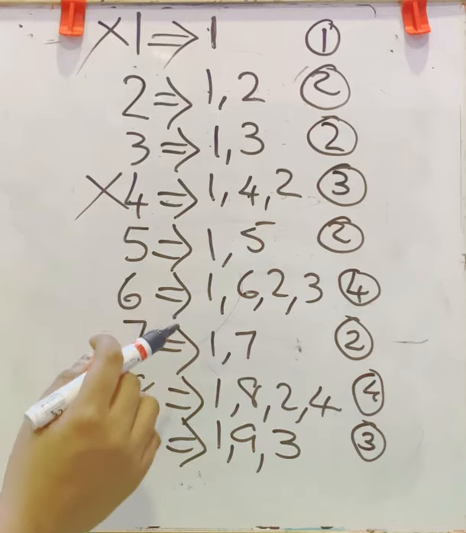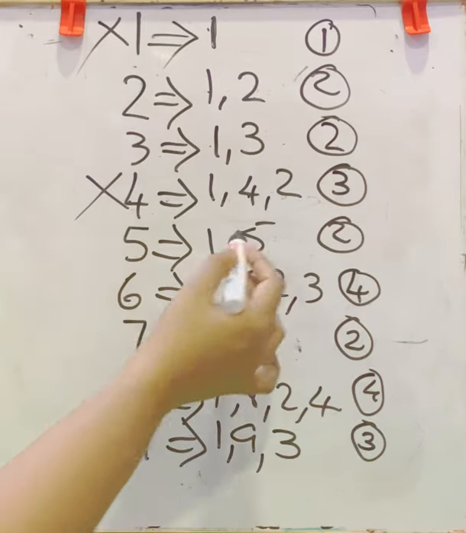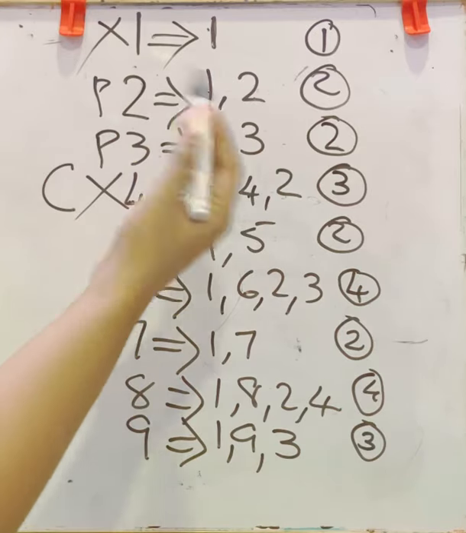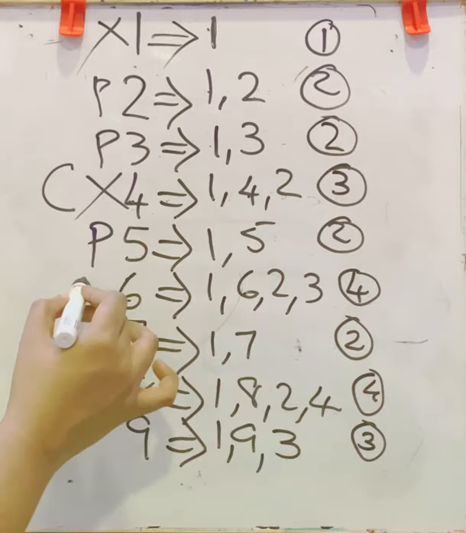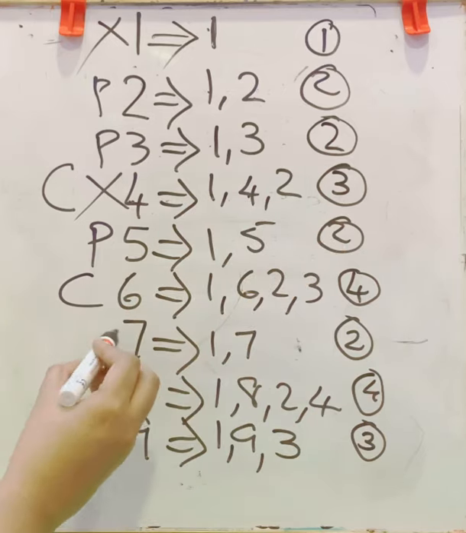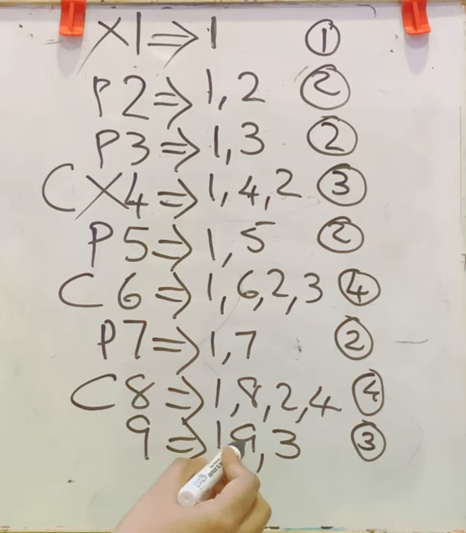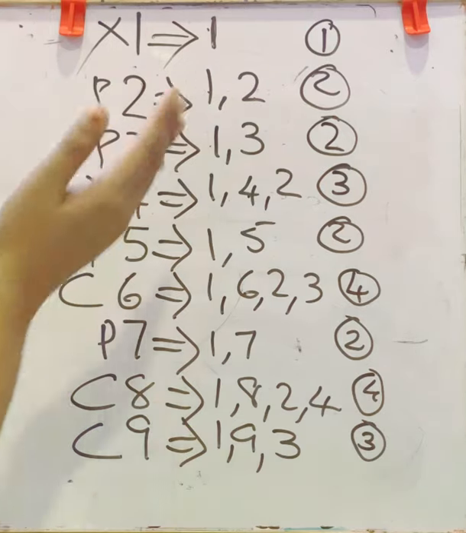For a prime number, it must have a minimum of 2 factors and also a maximum of 2 factors. So here 5 has 1 and that number, 2 factors, so it is prime. This is composite because it has more than 2 factors. Now 5 is prime. 6 has 4 factors, so it is composite. 7 has 2 factors, that number itself and 1, so prime. 8 has 4 factors, so composite. 9 has 3 factors, so it is composite. So now we are going to consider only prime numbers.